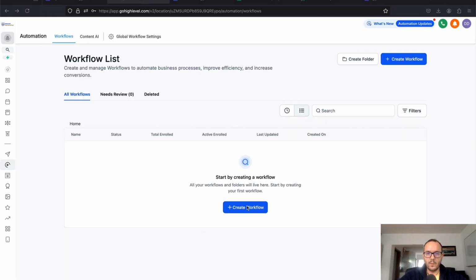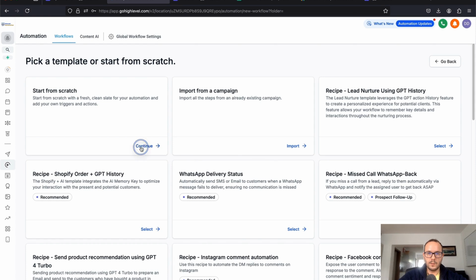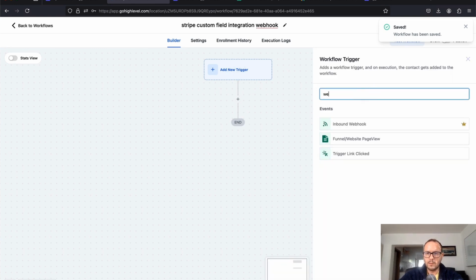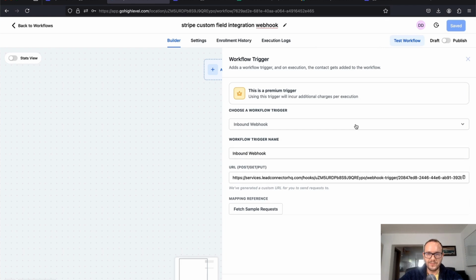Next, we are creating our workflow. So let's click on create workflow, and we make a start from scratch. Let's first name it Stripe custom field integration web. So let's save it. And in here, we choose the trigger, the inbound webhook trigger. And here we get a URL. Let's copy this URL,